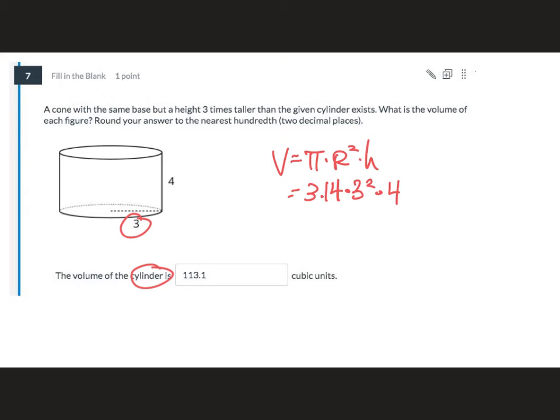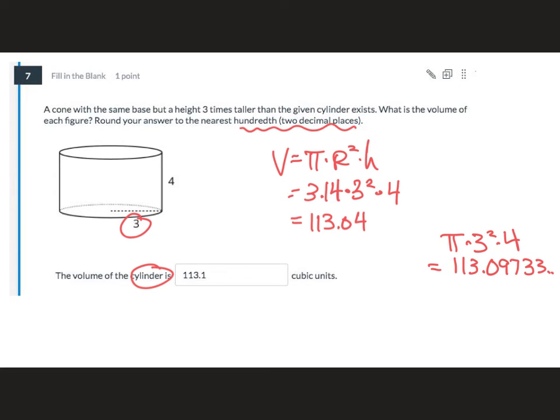And we can have it as 113.04. That is using 3.14. Notice if you use our pi button, we need to round it. So remember, we have to round it to the nearest hundredths place. So if I did use the pi button, pi times 3 squared times 4, this is using the pi button. You will get